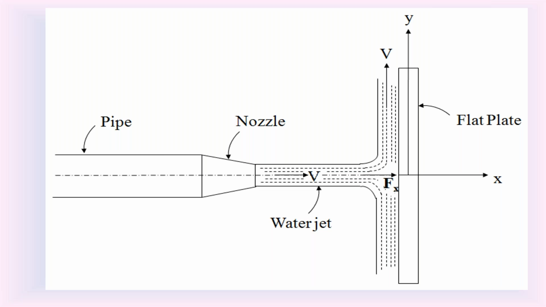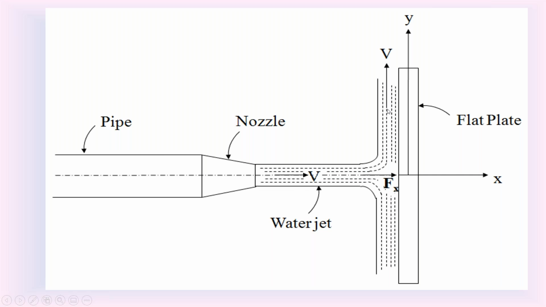times the initial velocity of the water jet in the direction of force Fx. Check out this initial velocity. The initial velocity is in the direction of the force Fx. The final linear momentum of the water jet in the direction of force Fx is equal to the mass of the water jet times the final velocity of the water jet in the direction of force Fx. Fx is horizontal. Final velocity is vertical. That's what I am explaining. Please everyone follow.